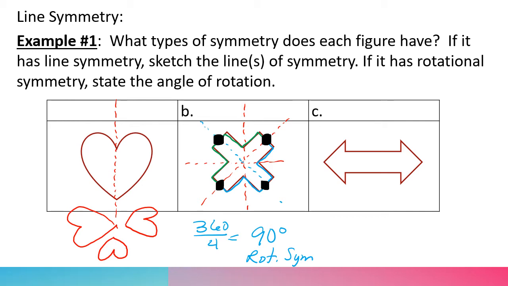All right, welcome back. So if I look at this figure, I have this amazing arrow right here. And if I take that arrow and rotate it 180 degrees, this tip right here ends up on this tip right here, and the arrow will be a perfect match. So you could think of it like this: 360 divided by 2 is 180. So it has 180-degree rotational